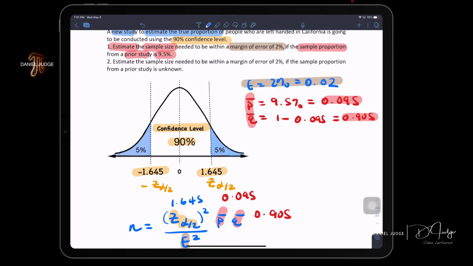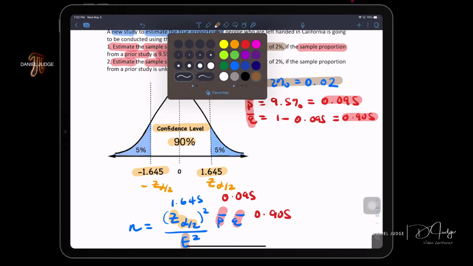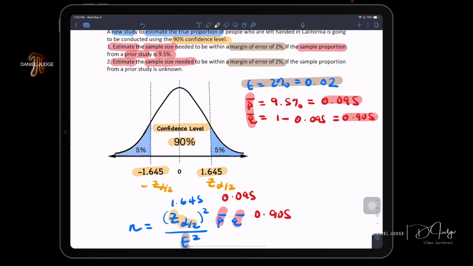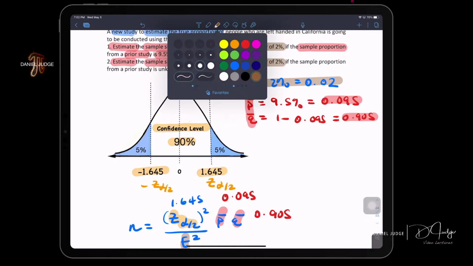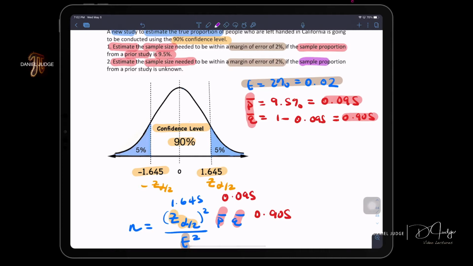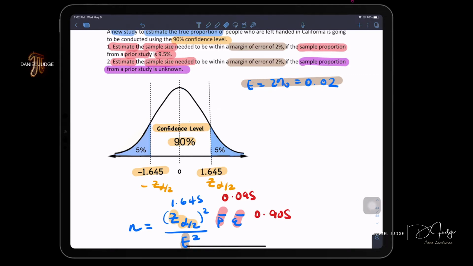Now, compare this example to the next one, because they're saying estimate the sample size needed, that's n again, to be within the same margin of error of 2%. Now, notice what they're saying here. The sample proportion from a prior study is unknown. So when the sample proportion is unknown, we get rid of the prior information. There's no prior sample proportion. We assume